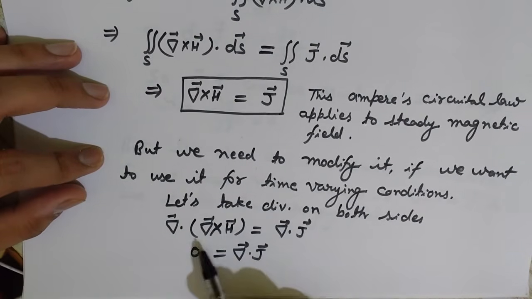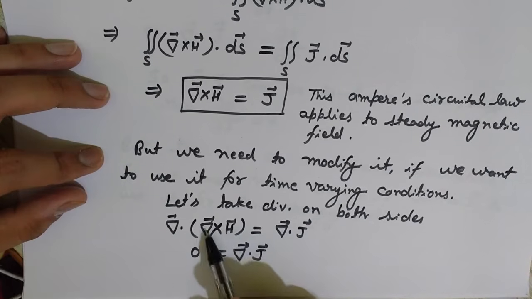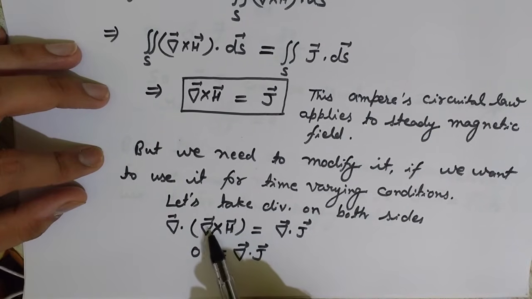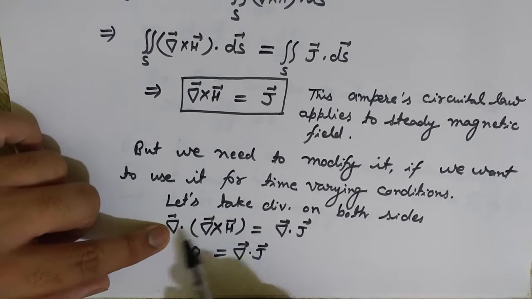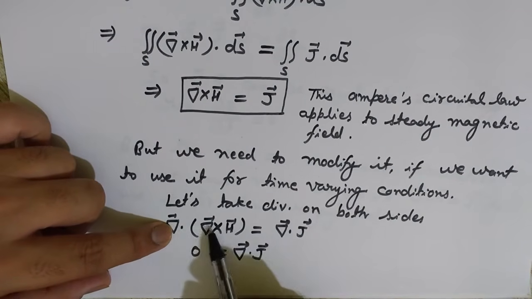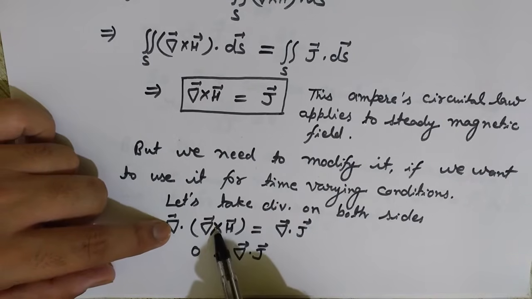If we cross product two vectors, the resultant will be perpendicular to both of these vectors. Since the resultant vector is perpendicular to this vector, and this is the same vector, if we dot product two perpendicular vectors, then we get the resultant as